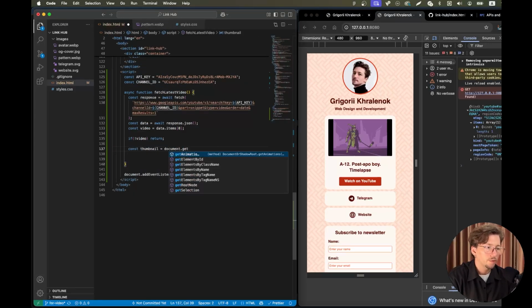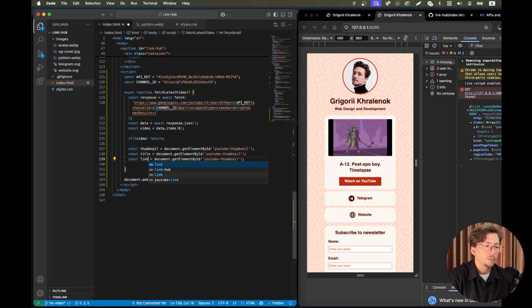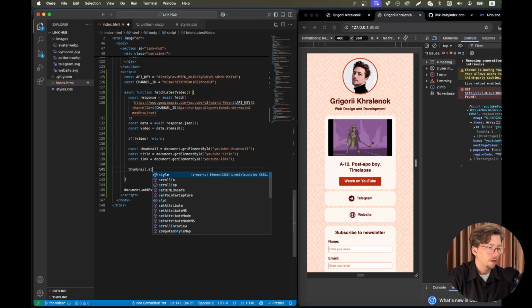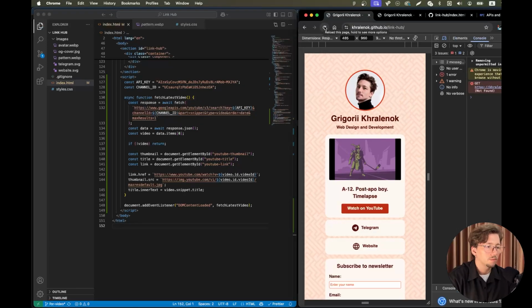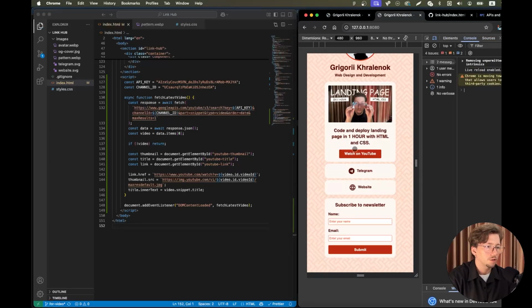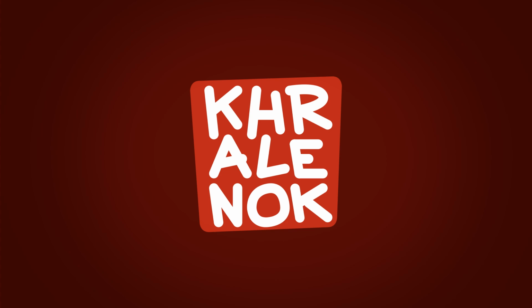However, this DOM manipulation strategy isn't perfect. For example, if the API request fails, the visitor will see the hard-coded video, which might be outdated. So you might consider manual updates as a more stable option. And that's it. We are done with implementation. Just look at this. Fully custom, easy to scale, and a free alternative for $0. Of course, there is still room for improvement.